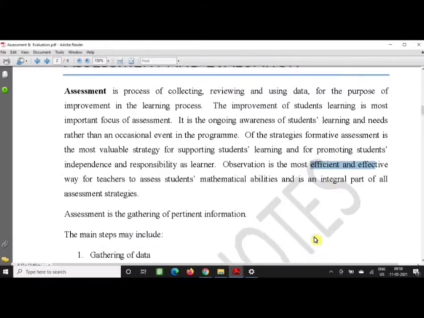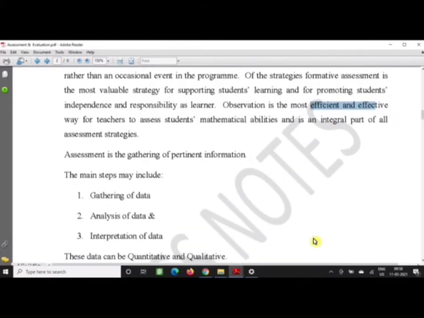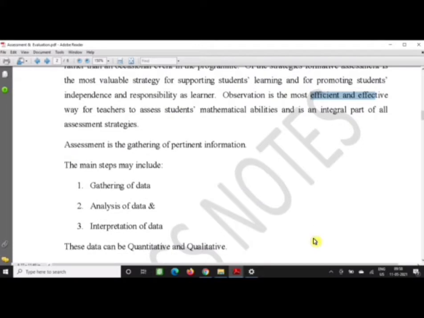As a teacher, when you are taking a test or when you're teaching, when you're explaining something, you still observe your students: what kind of behavior they're showing, whether they are attentive in the classroom or not. Apart from this observation, the teacher can also check students' behavior, discipline, and other kinds of behavior which are useful in the all round development of the child.